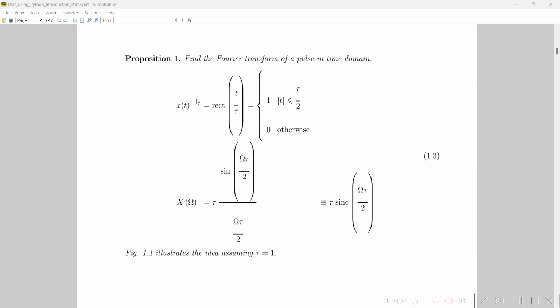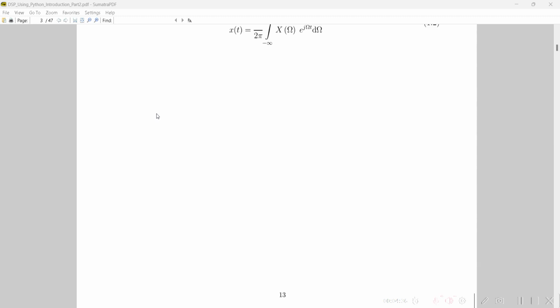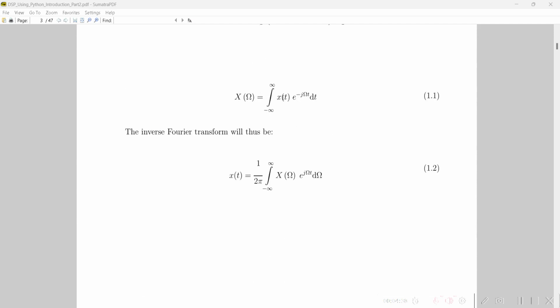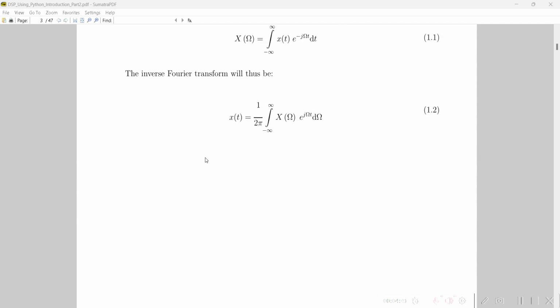For instance, we define a pulse in time domain x of t. You see, it has a duration from minus half tau up to plus half tau. Okay? Using the equation we introduced here, very simple mathematics,